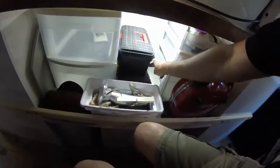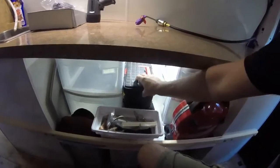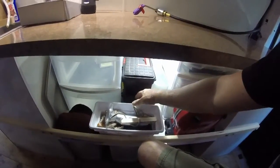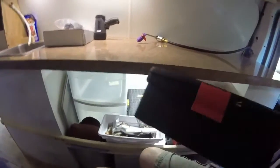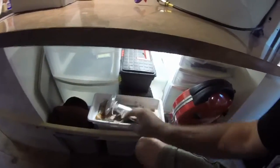Here's the food container for Jesse's dog food. Here's my spice racks in here, and this is my toiletries down in this one. So those come out easy enough. This here is empty right now, so I might have some more storage room there. I got this small bin. I got some plastic bags in here. The thing for the